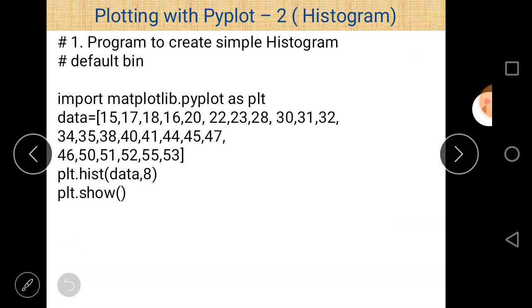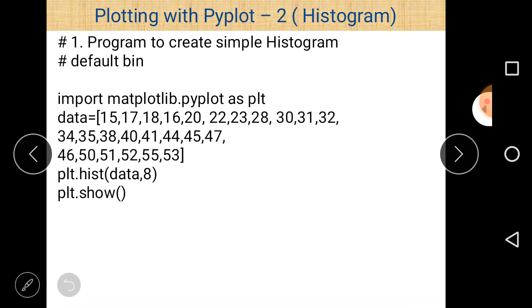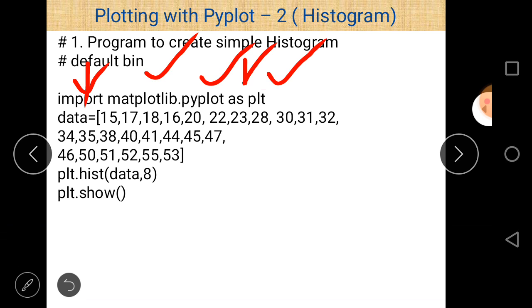First line is import matplotlib.pyplot as plt. Now matplotlib is the name of the library, pyplot is an interface, and plt is an alias. Pyplot belongs to matplotlib, and import and as are the two keywords.